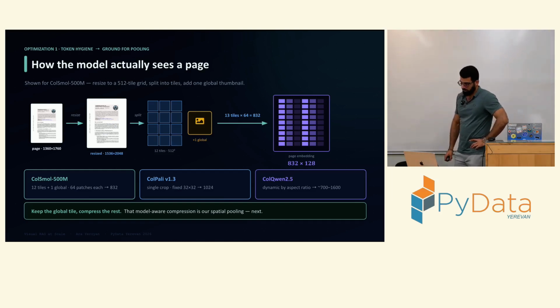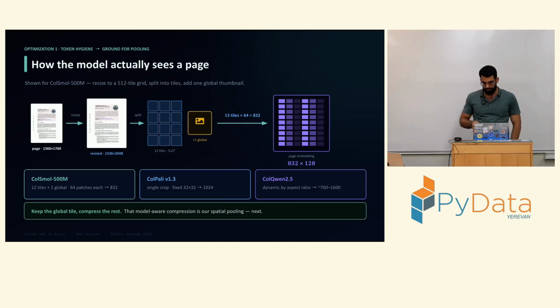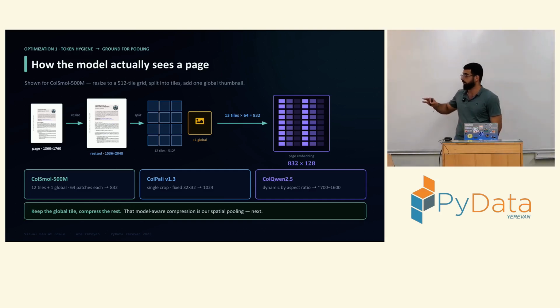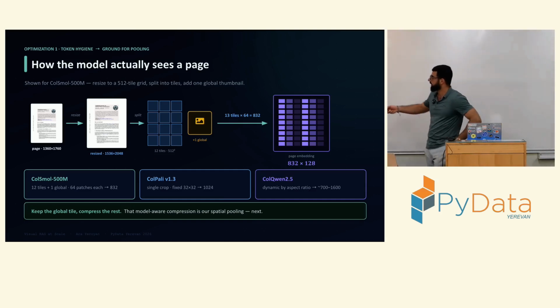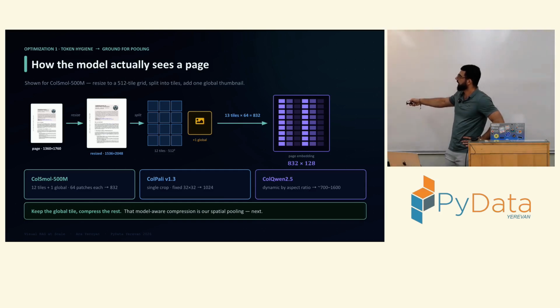Next, we are going to talk about another axis of optimization, and for that we will go through a bit of a recap or overview. So we have a page. This is the raw input. Then we will have some resize based on the processor. And this is a real example: before the model gets its input, it divides this image into 4 rows and 3 columns of non-intersecting patches of the image. Then it also squeezes the same image into a smaller dimension,